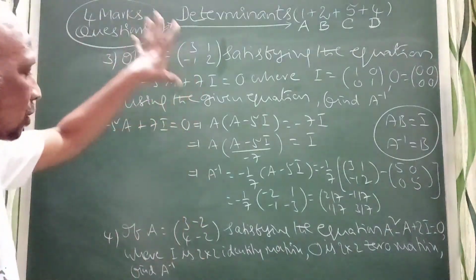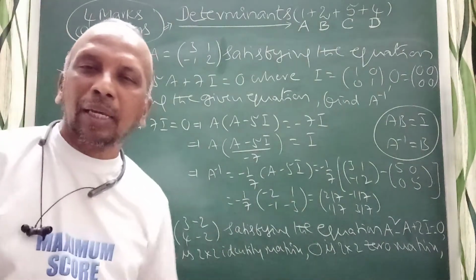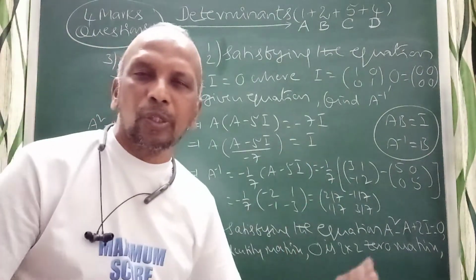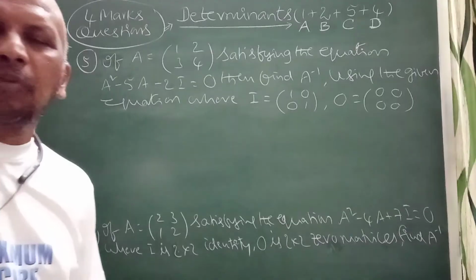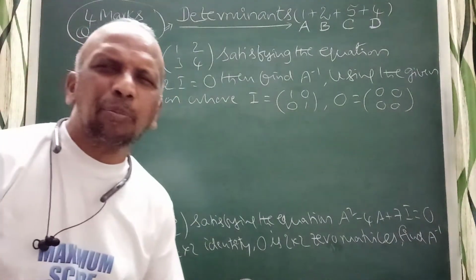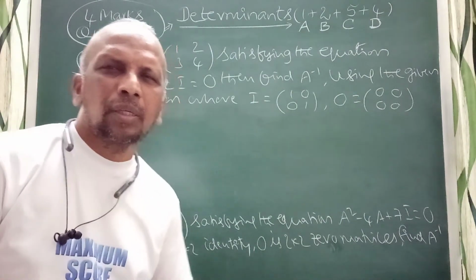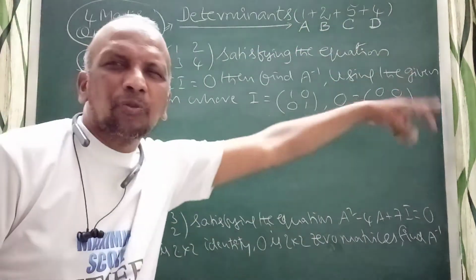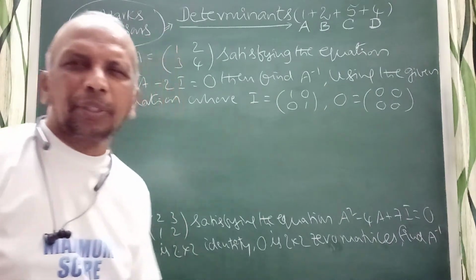So mainly what I am explaining is most important. To practice, I am giving another question. Try to solve those questions also. For practice I am solving one more problem. See, these are the important problems for 4 marks. The weightage is 1 plus 2 plus 5 plus 4. 4 marks they will ask in part D.